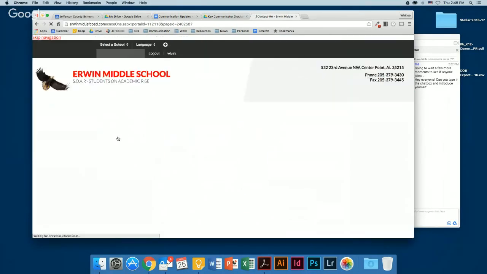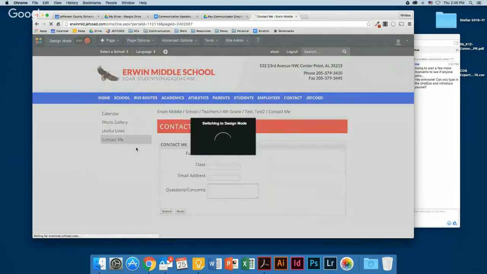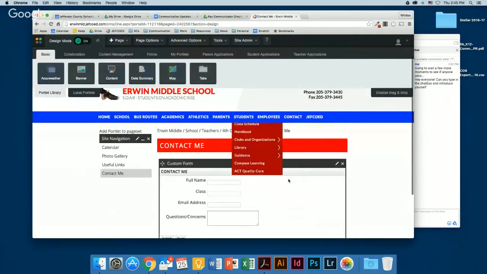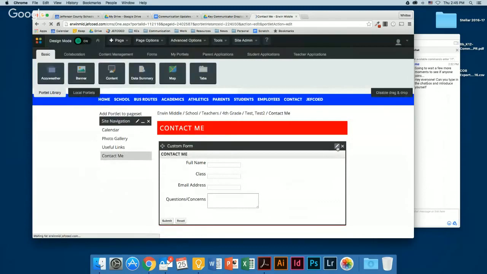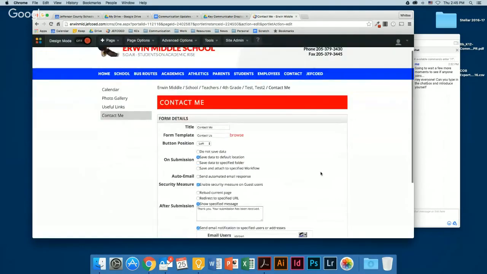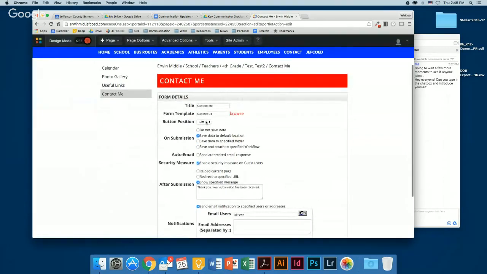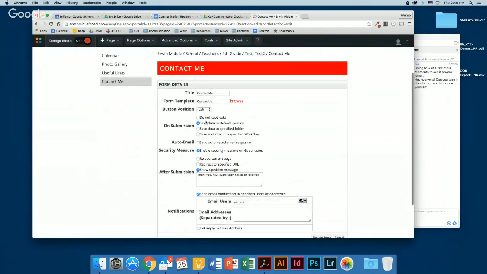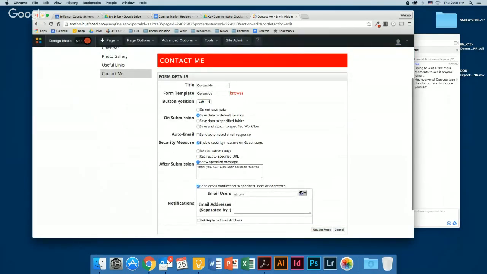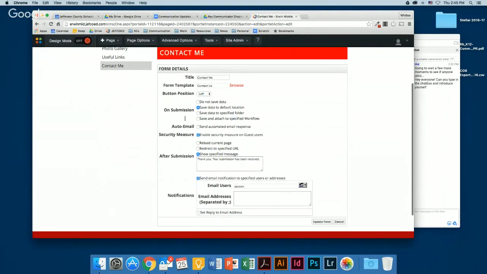So let's go back and look at this contact me form real quick. Got to turn design mode on. Got to click edit. Some of this is self-explanatory. Let's go over what's not self-explanatory. On submission, this is going to save the data to the form.